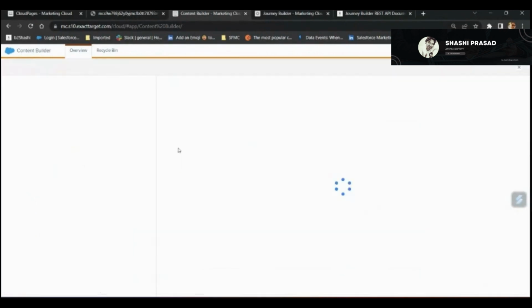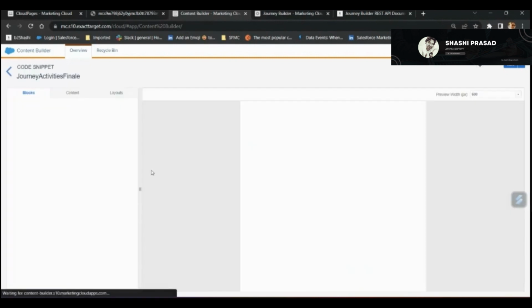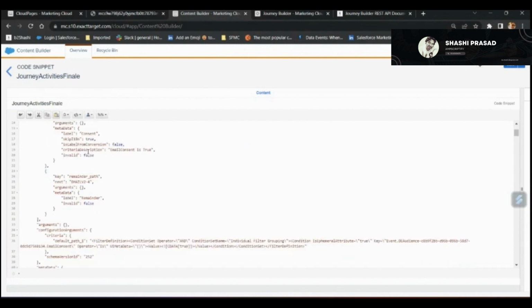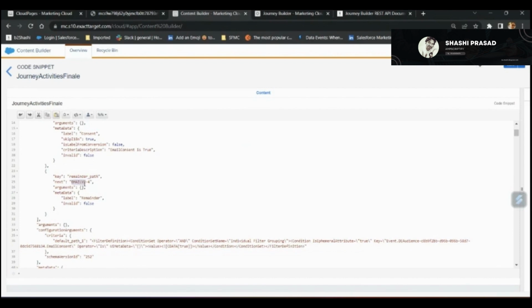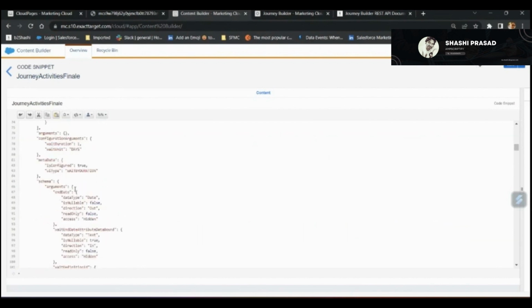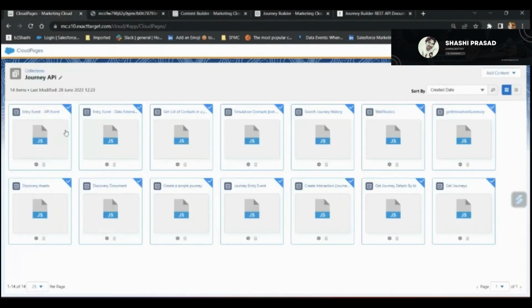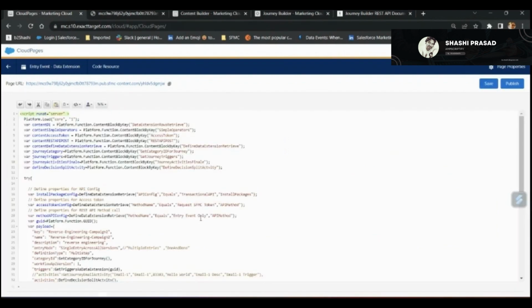I call it finale because I don't want to move into explaining everything. So I created a function. So inside the function, I have a multi-region criteria. Okay, and then the same thing. Default path 1 email v2. Okay, reminder email v4, and all these things are configured. Okay, so what I'm going to do, I'm going to the data extension entry event. And there I added this line. Okay, journey activities finale. I just wanted to consider finale because I don't want to discuss again the REST API